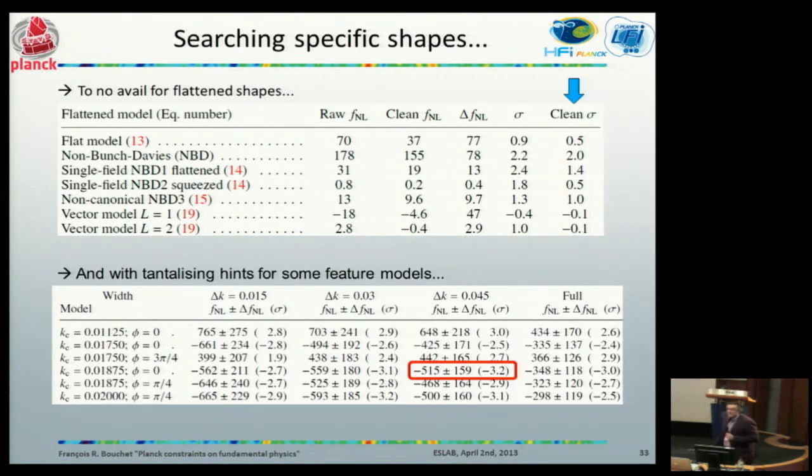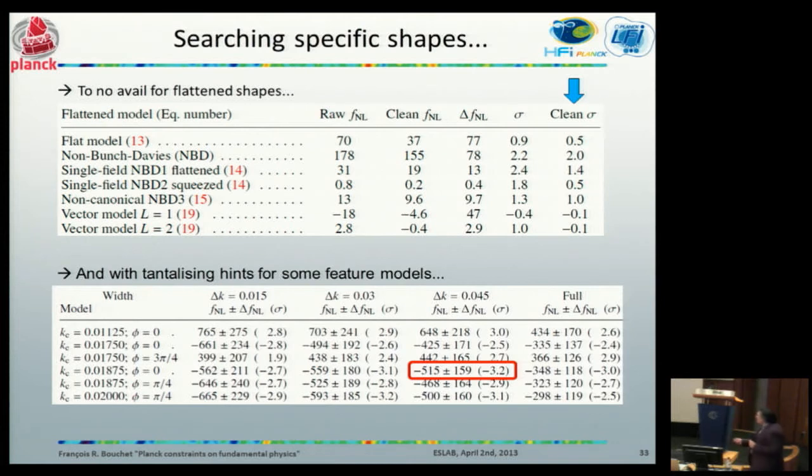Now, of course, as I said earlier, one thing is to go for Leo, which is a well-known animal, but we might actually go for wildebeests, and so try to search the savanna. And so we looked for specific shapes. For instance, for all flattened shapes, when you do the full analysis and look at all the variations, like being a vacuum state which is non-Bunch-Davies, looking at non-canonical, looking at various extensions, I don't want to get into this. You find no results whatsoever. I mean, no better fit.